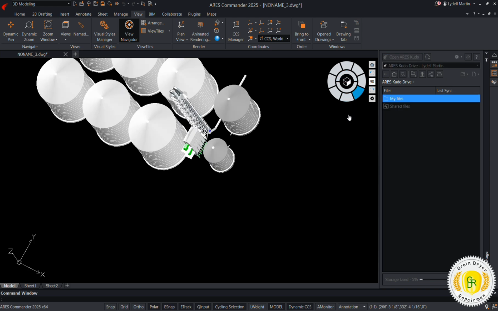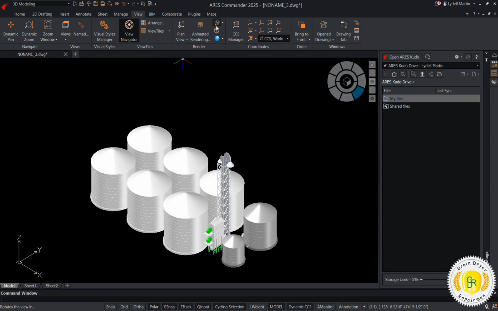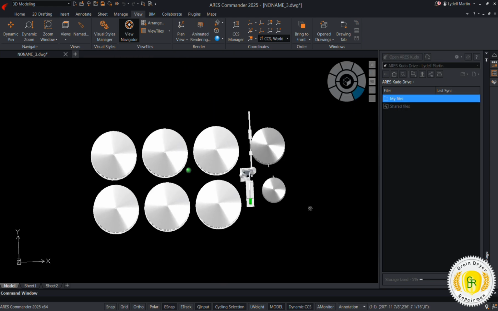I think I would rearrange that conveyor and put it out the side so we can drive through here for dumping into there, or we can